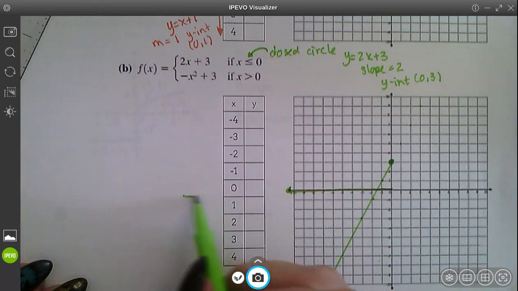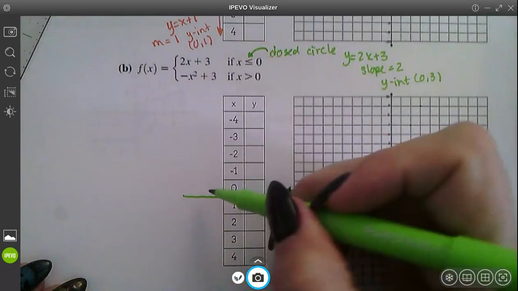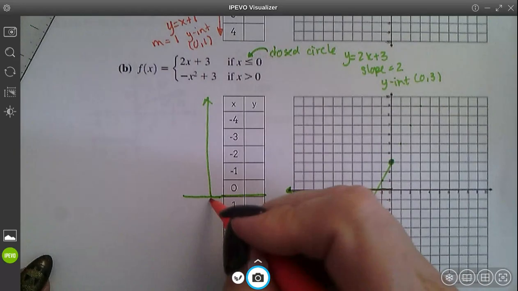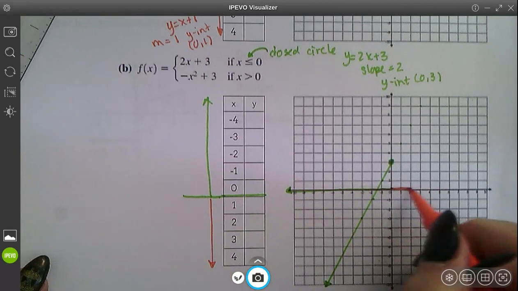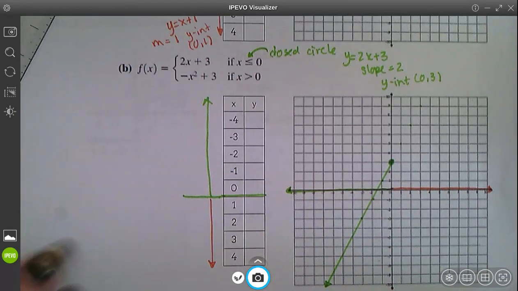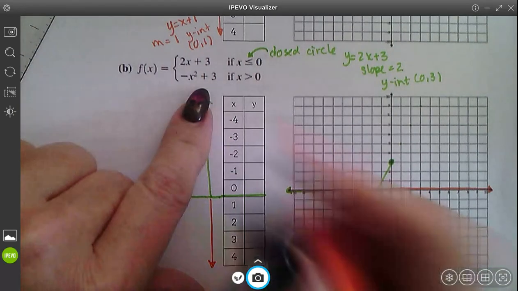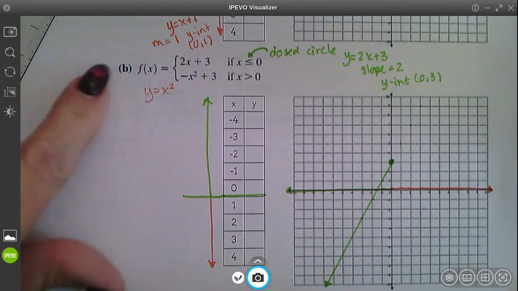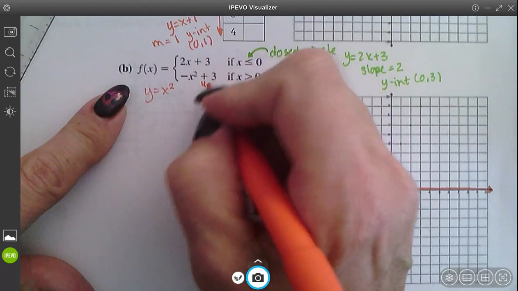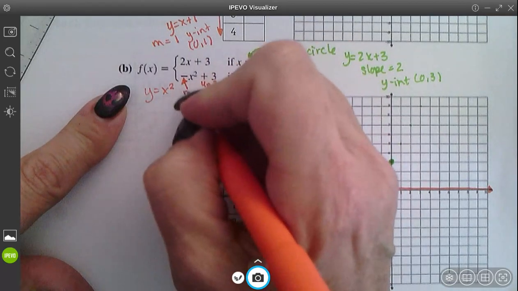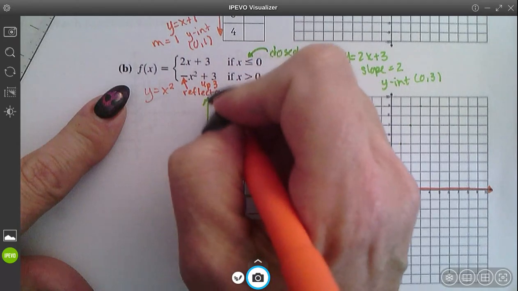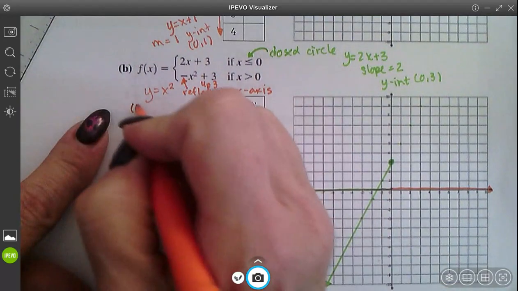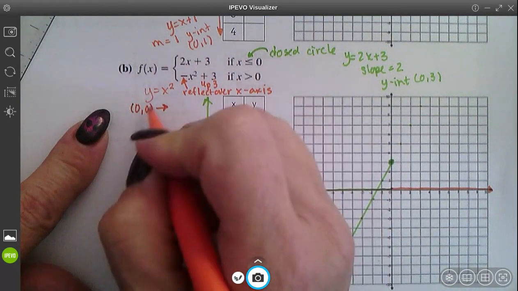So the green zone broke at 0 and went that way. The orange zone is when x is bigger than 0. So that is going to be a parabola, like y equals x squared, but it has some transformations. It is shifted up 3, and it is reflected over the x-axis. So instead of this parabola starting at 0, 0, it is going to shift up 3 and